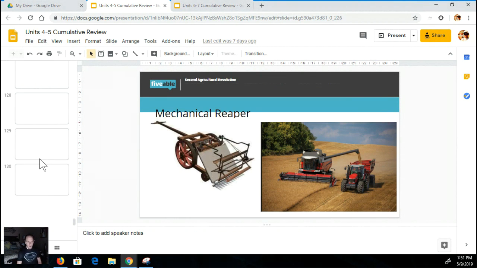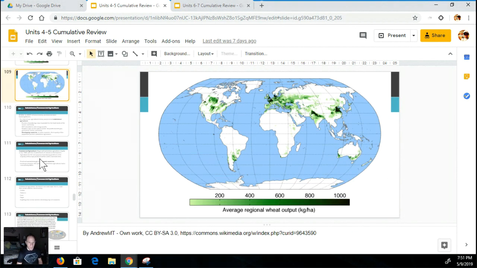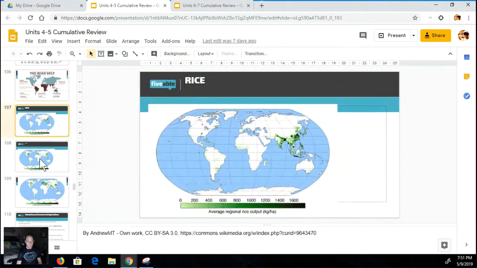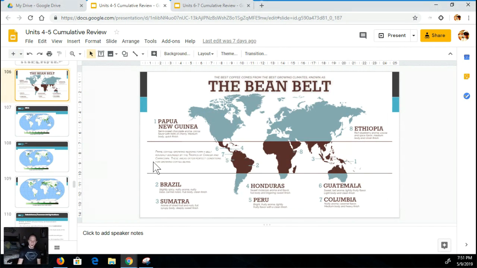But let's go back up here and look at these graphics for a second. I'm going to get back to what we're doing in just a minute, but I wanted to talk about this. So I'm explaining commodity chains. Notice that in this graphic you've got the bean belt, right? These are also the tropical agriculture region. So we're not going to see places in North America and Europe producing a huge amount of coffee, because you just don't have the climate for it.